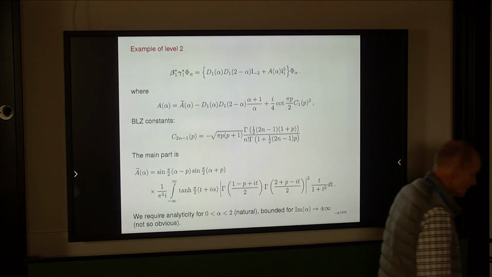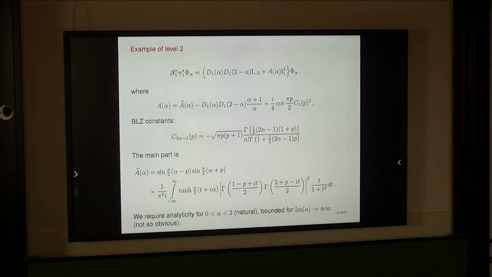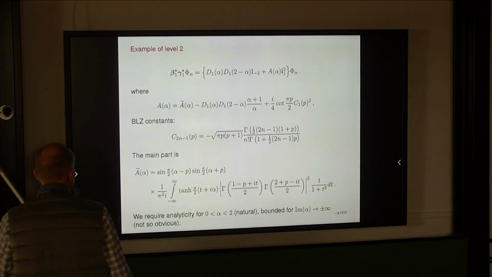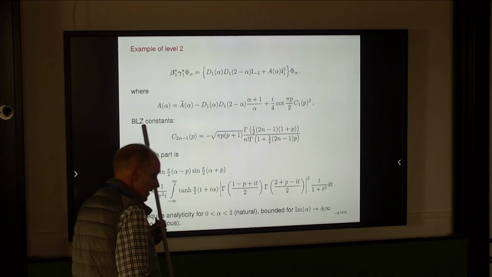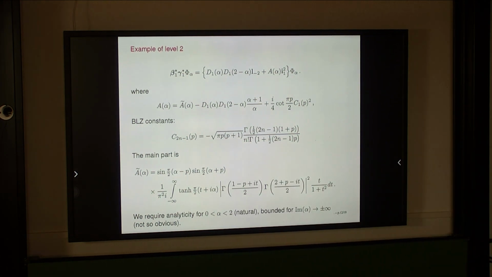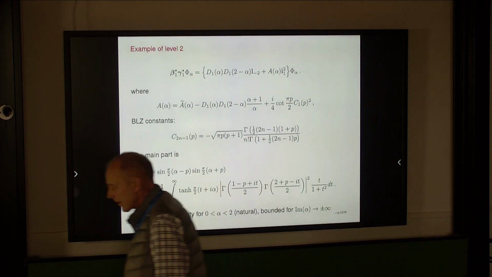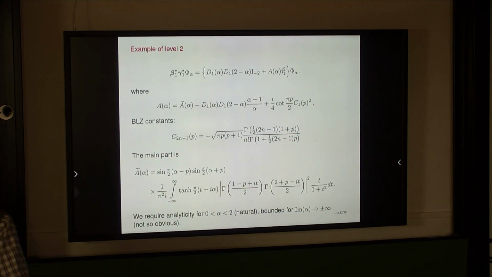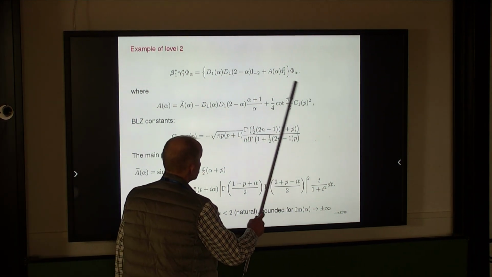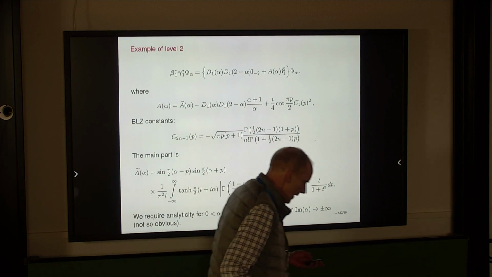These are my requirements that it is regular from 0 to 2, and I said it is regular for alpha from 0 to 2, and it goes to a constant when alpha goes to plus minus i infinity. But this is exactly the problem: this constant is not defined. So now I will explain how I define this constant, because this is a constant which I put in by hand, and I will explain why I did that.